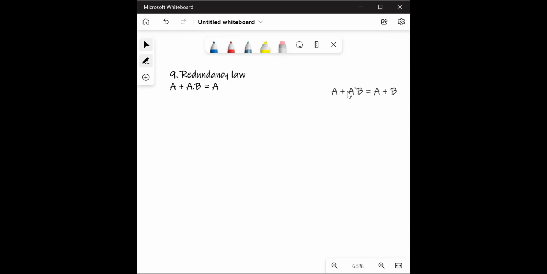Again, this has two forms. The first one, if you have A plus A dot B,